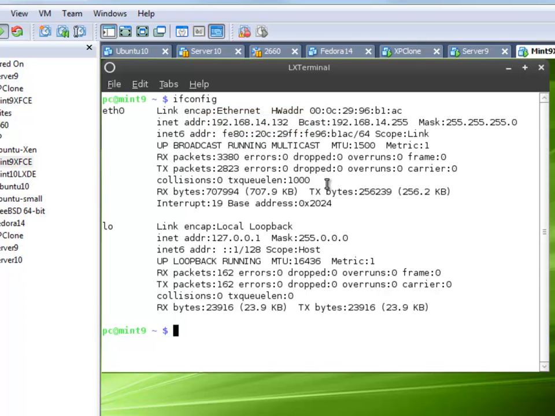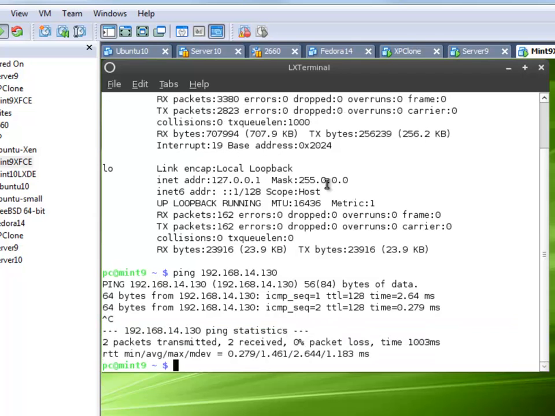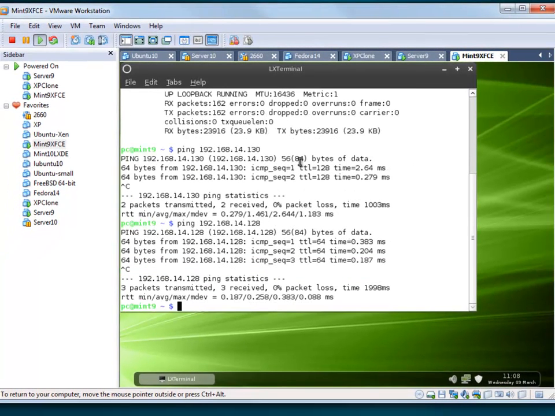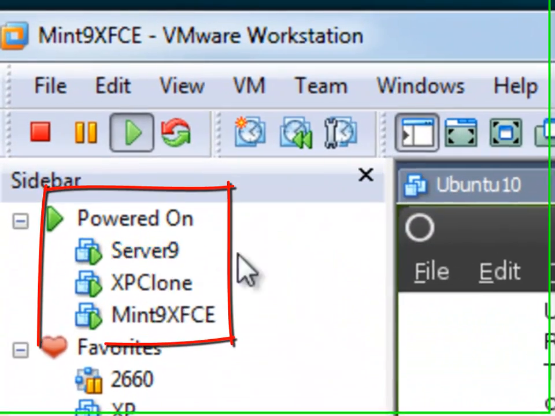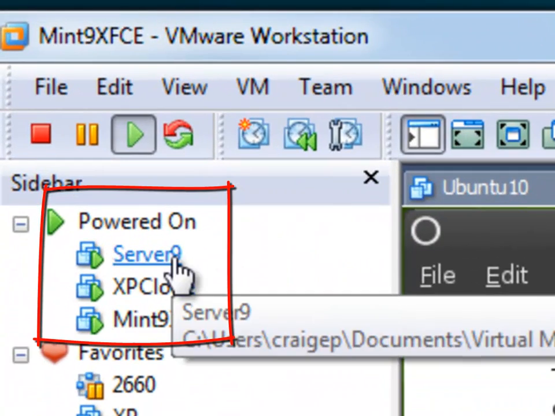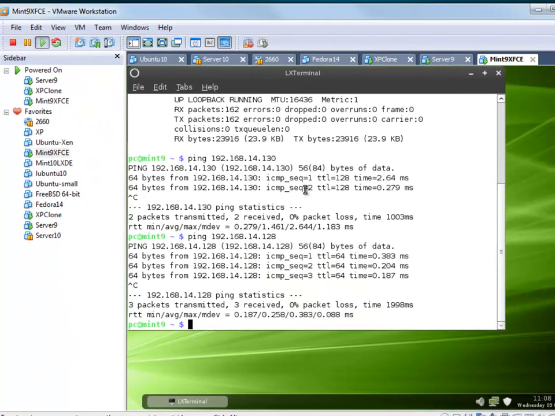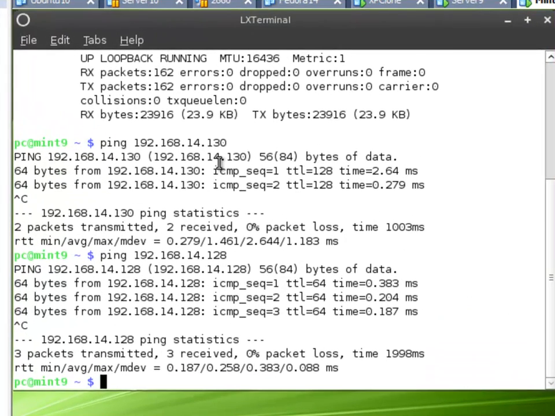Let's see if we can ping the Windows machine. We can, and let's see if we can ping the server 128. And we can. Okay, so we've got our system of 3 computers. We have server, XP, and Mint that are now on the same network. And so now let's see from here if we can log in to the server